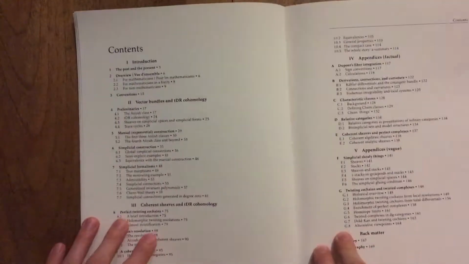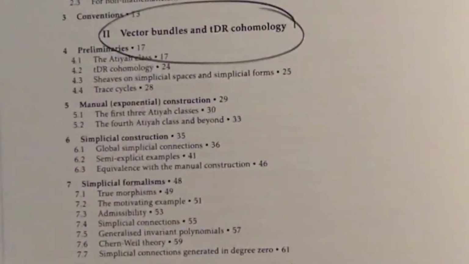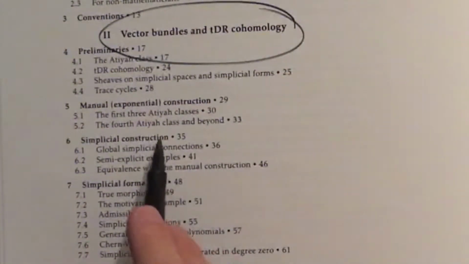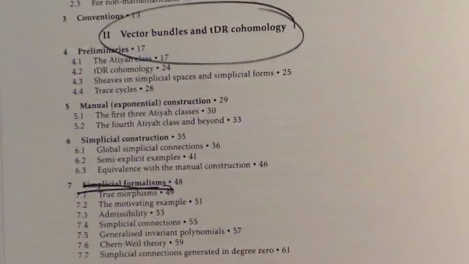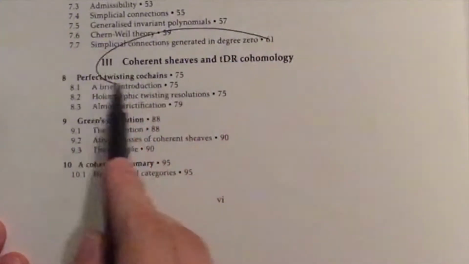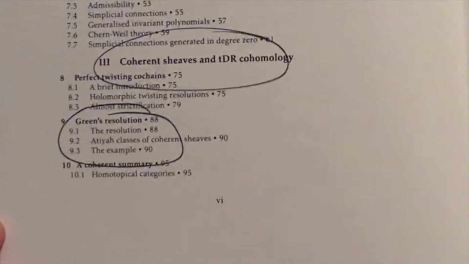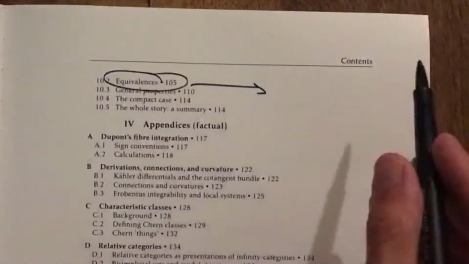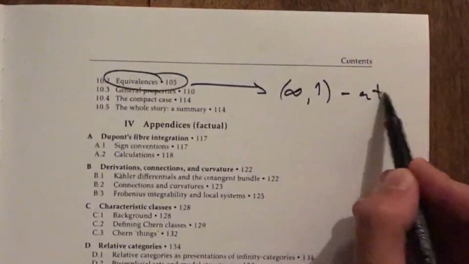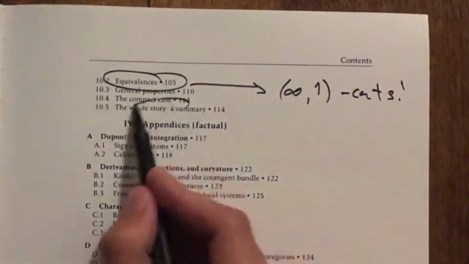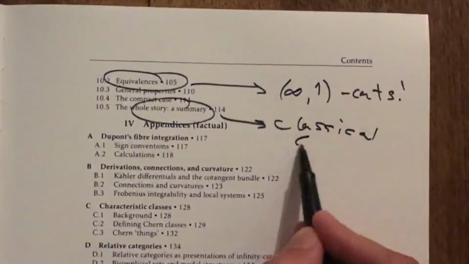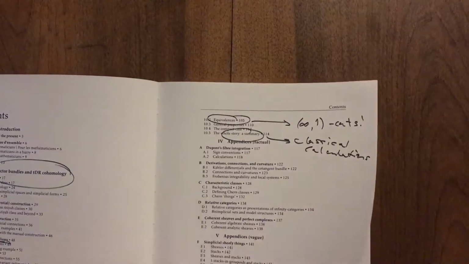So here's the plan. First, we're going to figure out how to do Chern-Weil theory for vector bundles. This means we will be looking at so-called simplicial connections. Then, we will try to understand how coherent analytic sheaves are resolved by so-called vector bundles on the nerve, which is somehow the good notion of simplicial vector bundles, even though they're really not simplicial vector bundles. And finally, we want to prove that everything fits together well homotopically, that is, on the level of infinity 1-categories, and we want to show that we recover all of the classical calculations. So let's start with some maths.